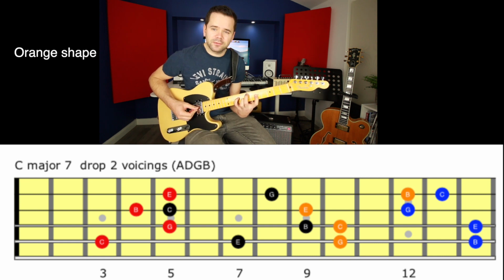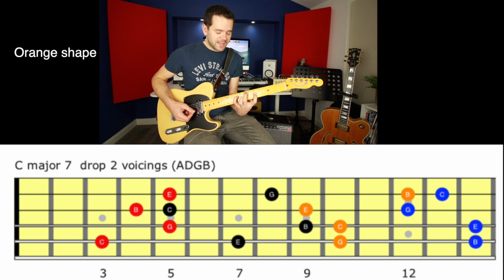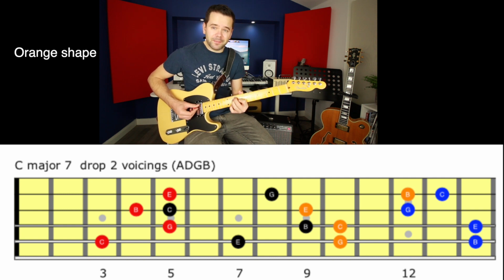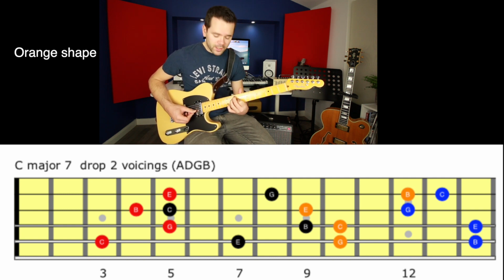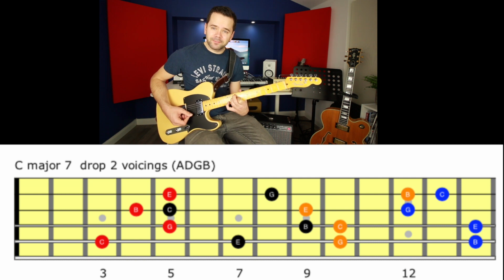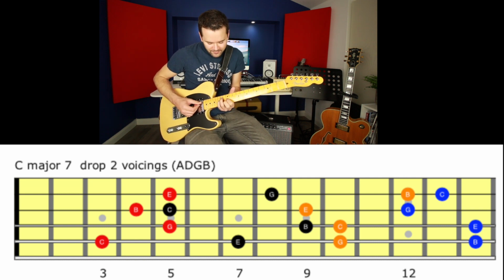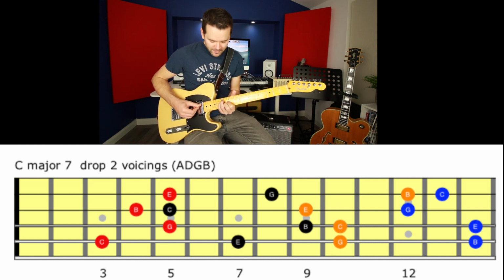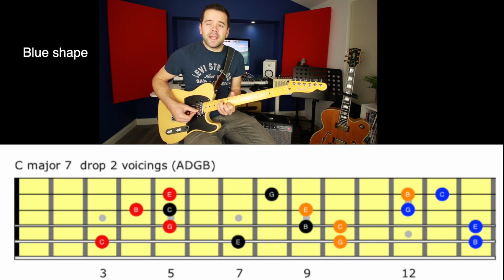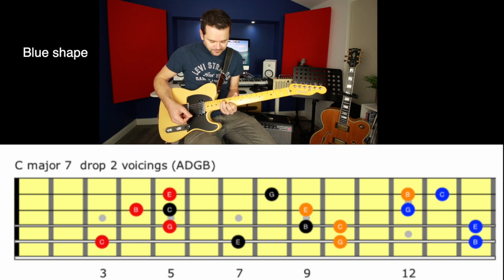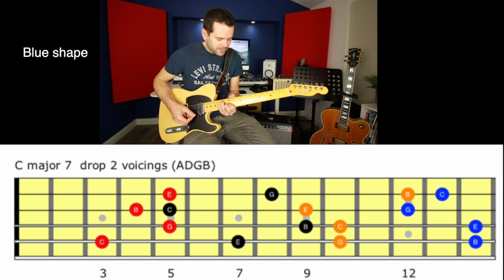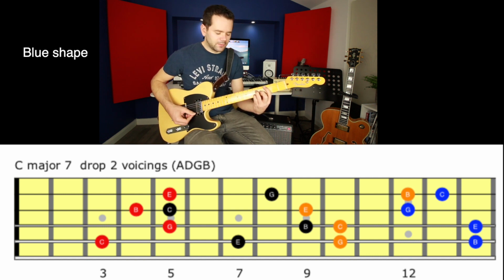So here we go, this is 3, 7, 1, 5. Move up to the next shape where we've got the 5th in the bass, we're going 5, 1, 3, 7. And then finally we have the 7th in the bass, and we're going to go 7, 3, 5, 1. Quite a tense one with the 7th in the bass. So that gave us